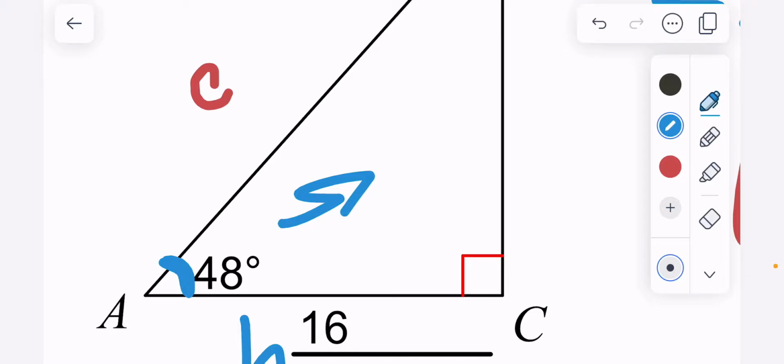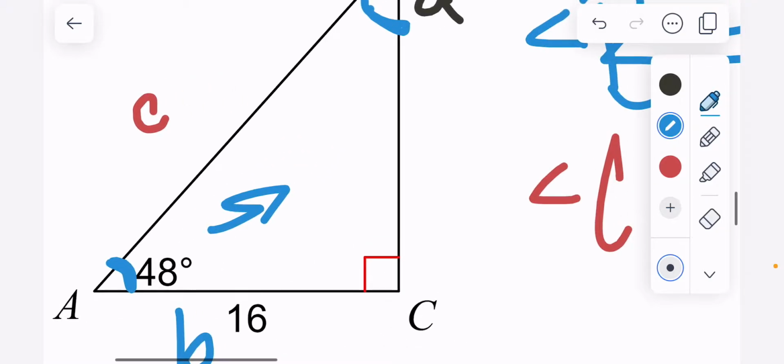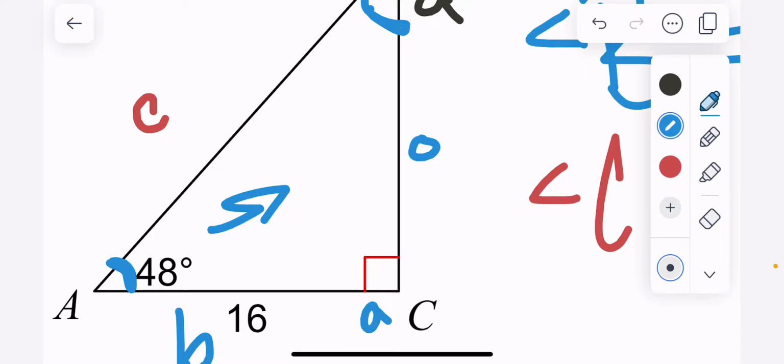So 48 degrees, the side opposite of it is actually a. So a is not the same as the adjacent. It's going to be the opposite side in this case. The side adjacent to it is b. So b is adjacent to it. And then the side across from the right angle is my hypotenuse. So c is my hypotenuse. Okay, so bear with me here. If I'm trying to find